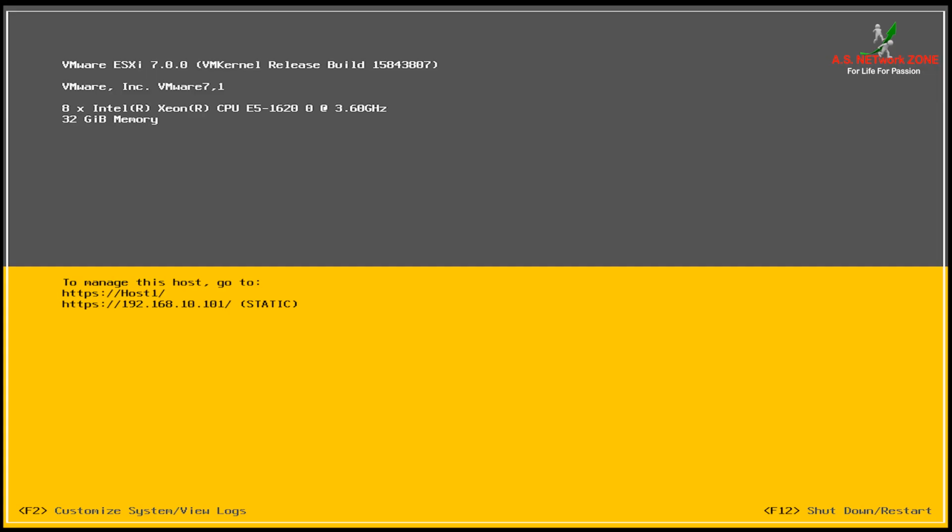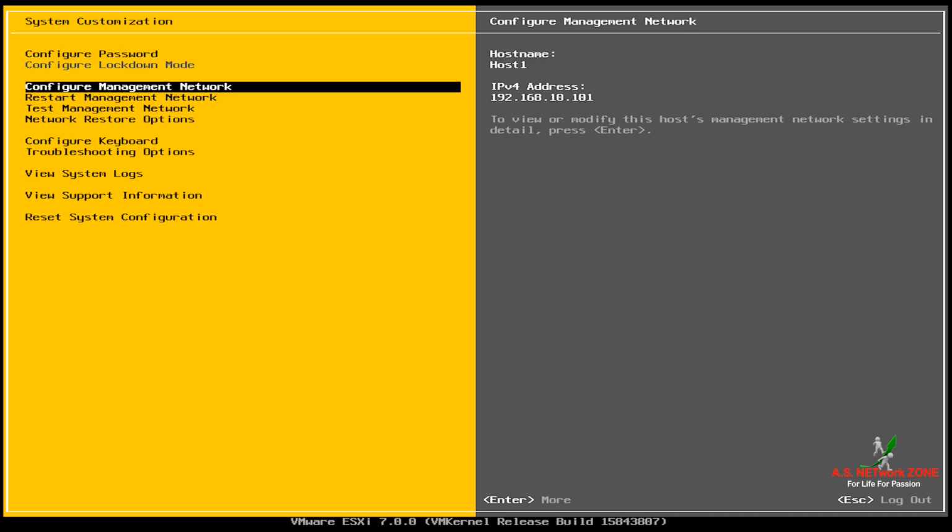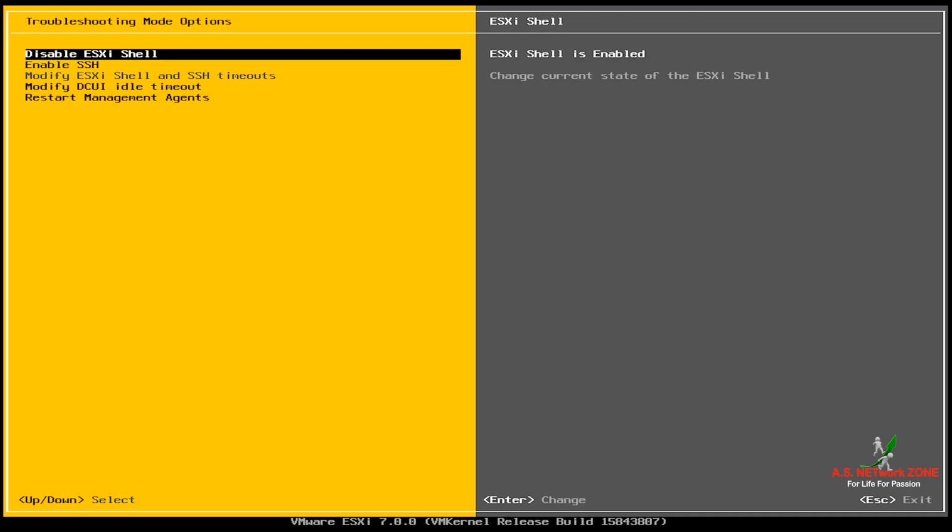By pressing Alt F1, you can log in directly to your ESXi shell, and via Alt F2, you can go back. Again I am moving to my DCUI console. And if you want to disable your ESXi shell, again you need to hit enter over here.